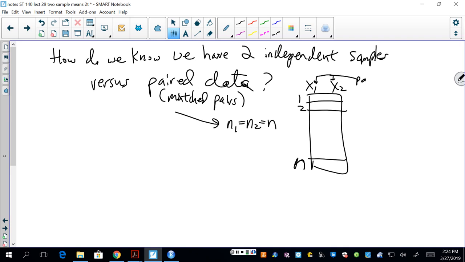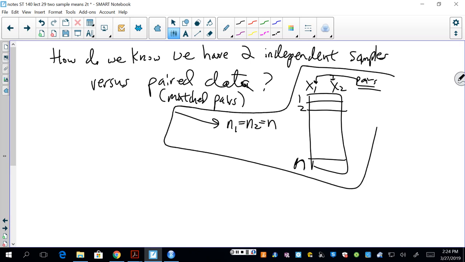So somehow it's paired. It's the same person, or for each person in one group, you get another person in the other group, and it's exactly matched up. Right? So pairs, this whole big picture over here, would be pairs. If it's independent samples,